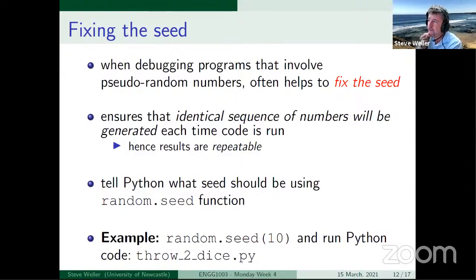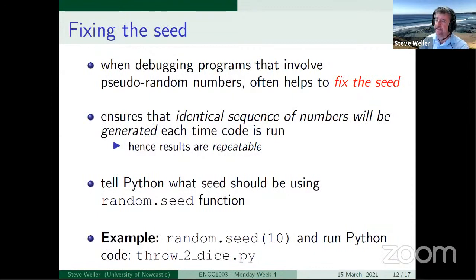Remember I said before the three steps I talked about when debugging programs, I mentioned that working through tiny problems by hand is a really good strategy. One of the things that relies on is repeatability, so that you know that when you run the program, it's going to replicate the results that you've sketched out on paper. That becomes difficult when you're writing programs that involve random numbers.